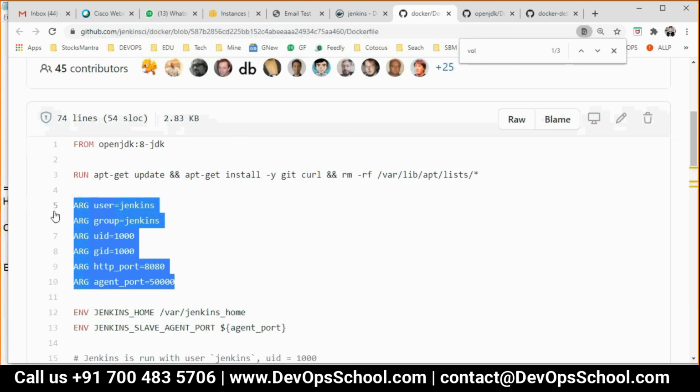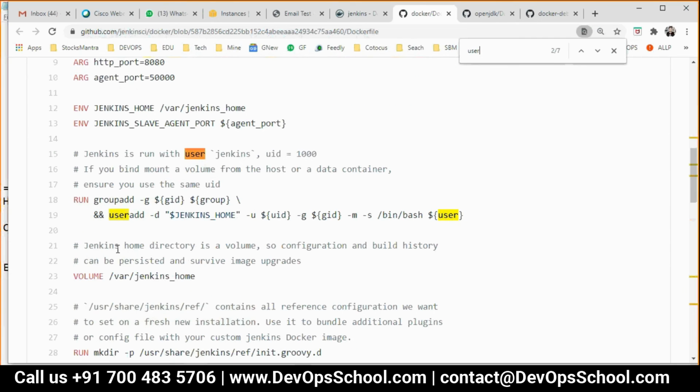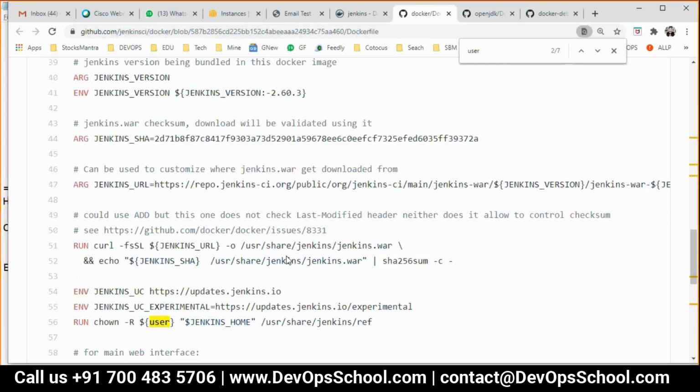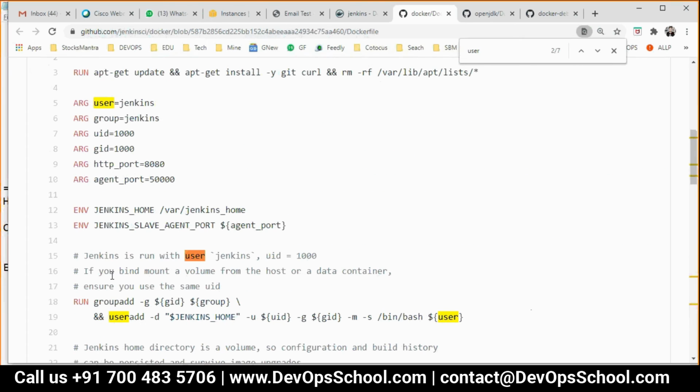For example, see here, user is equal to Jenkins. So if I show you, see here, it's been used. See here it's been used. See here it's been used.